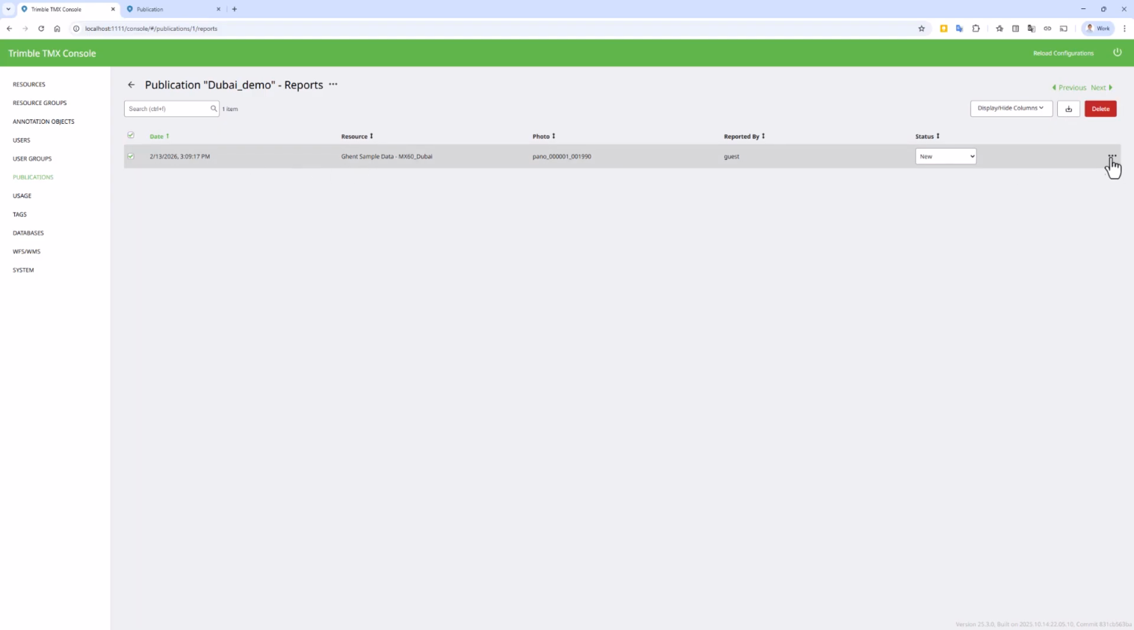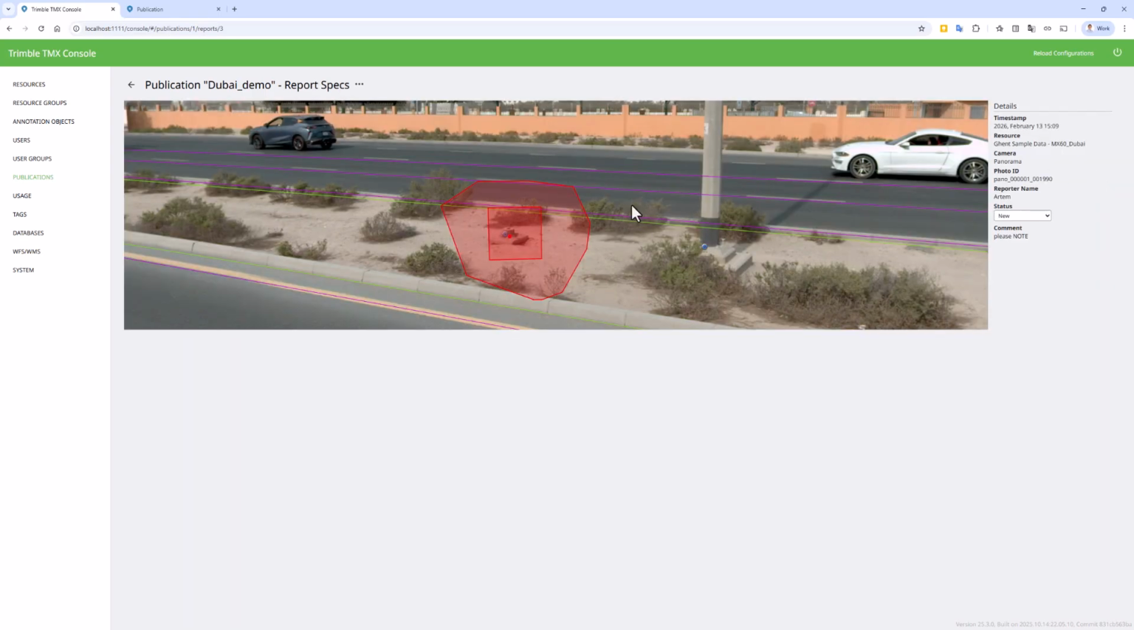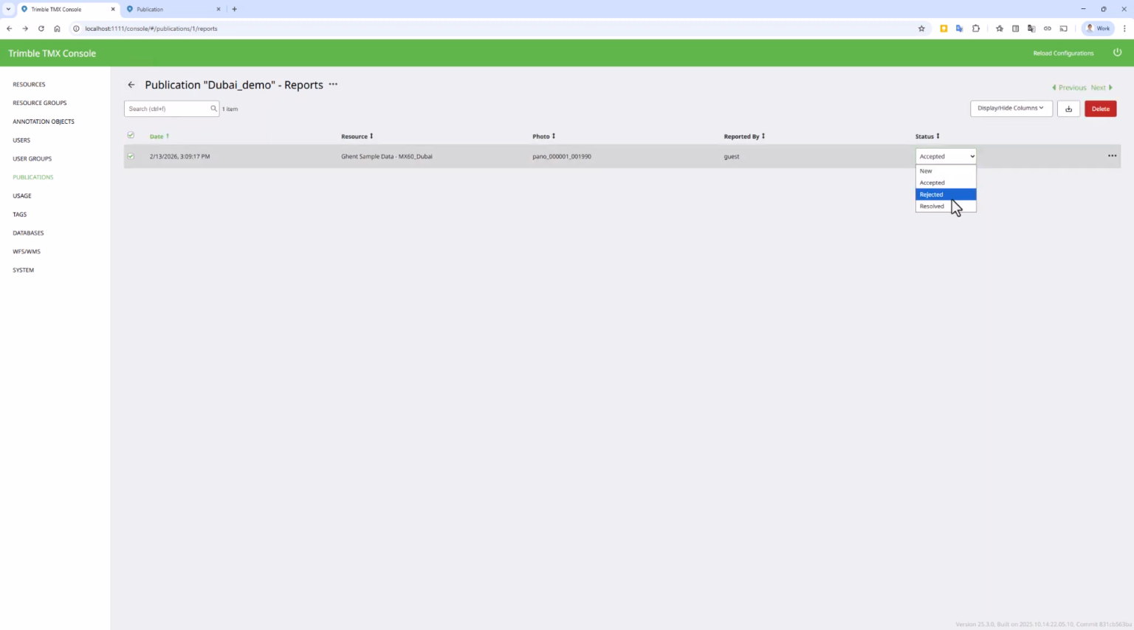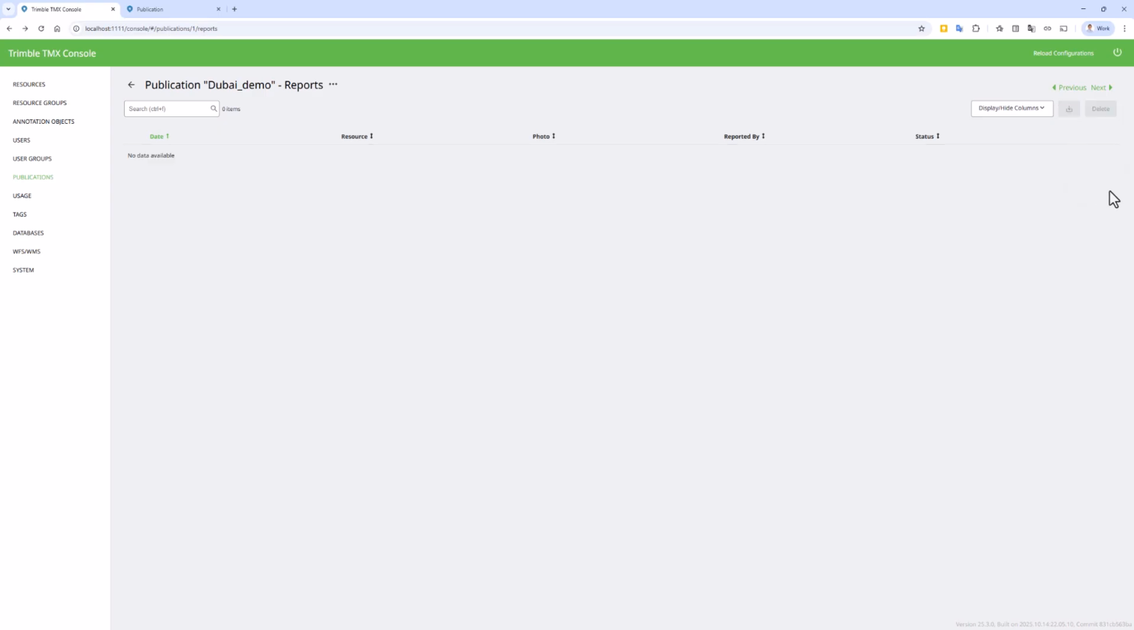By double click or details, you're opening the same image. You can see our objects, and you can see the information about this particular report. Also, you can select the status of this report. You can change the status even from this list. When the issue is resolved, then you can delete it. Going back to the presentation,